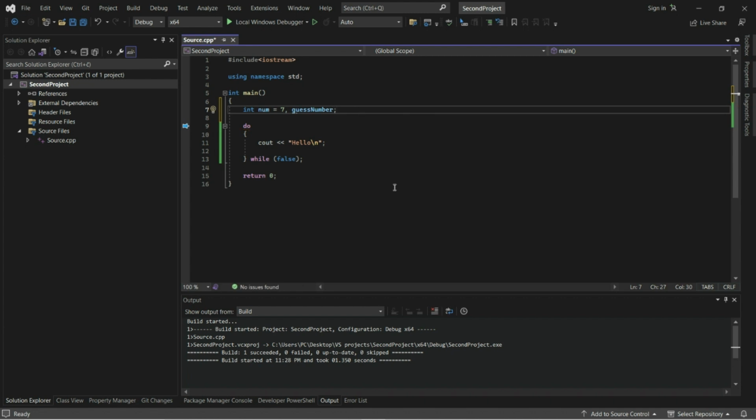In this situation, it's better to use do-while loop because user first need to enter the number. But in while loop, you first need to check condition. But you cannot check condition because guess number is uninitialized. So do-while loop is better option because it will first ask user to enter the number and then it will check if that number is the right number. So let's ask user to enter the number.